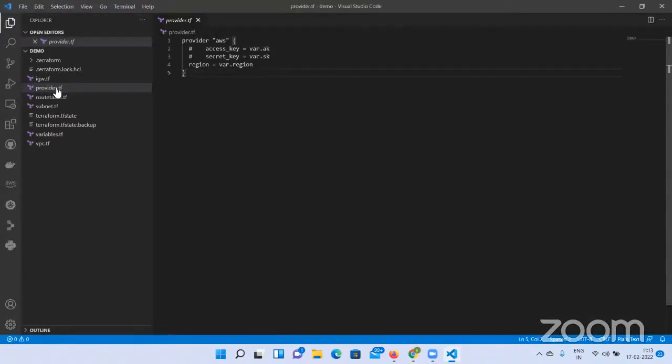Okay, now I'm opening VS Code. Once you install it, currently I did not install any providers here. The beauty of the IDE is,